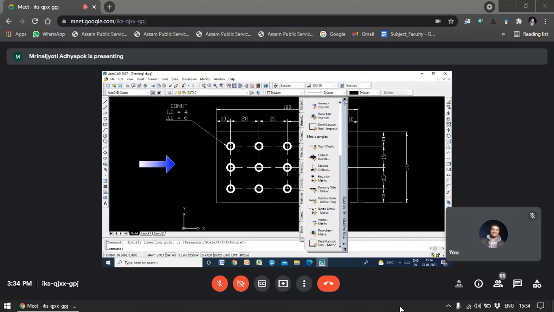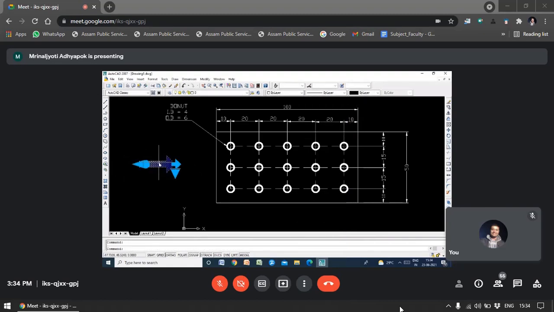Like this, you can draw the arrow. This arrow you can rotate anywhere. Here it is a single-headed arrow. Can you see here? It is a single-headed arrow. So if you want to make it a double-headed arrow, then how to make it? Simply click here.